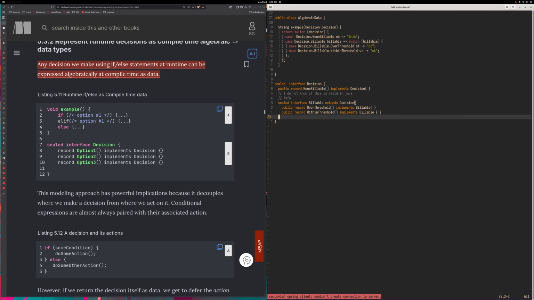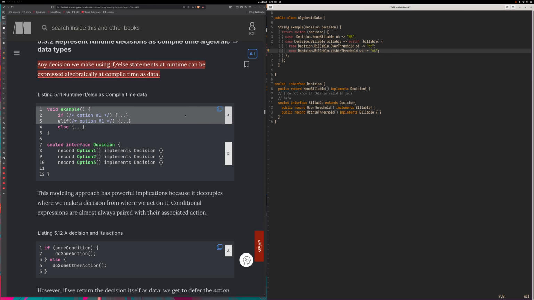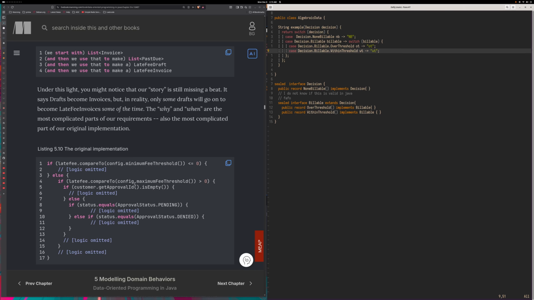I find this implementation a little odd, right? Non-billable is when you just don't care about it. So you can say non-billable, and if it's billable, you have to check if it's over the threshold or within the threshold. Right, that's what I was thinking about. So you check over the threshold. Within the threshold will be